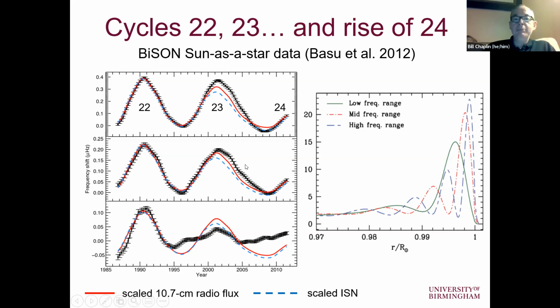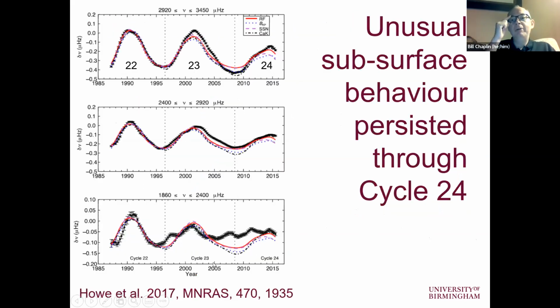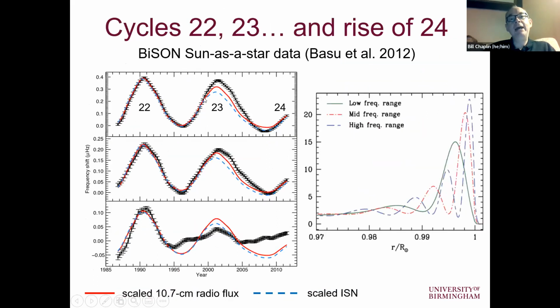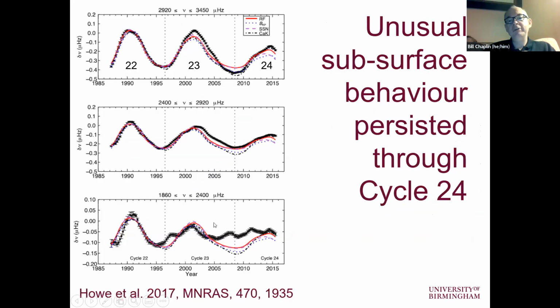This was a paper we published in 2012. We followed this up 5 years later and found that the behavior that we'd had, so let's go back to here, the behavior that we had in cycle 22 and the first part of cycle 23, which seemed to go out of lockstep, things have still not reset clearly. So something has changed, and that is really interesting, and we're trying to understand what that is at the moment.